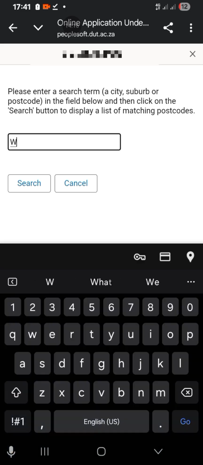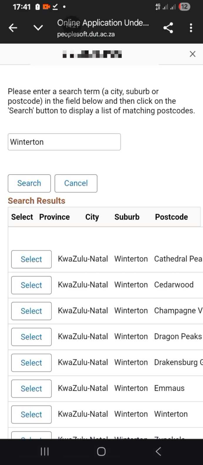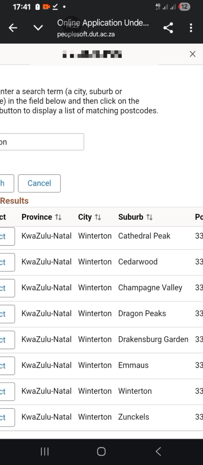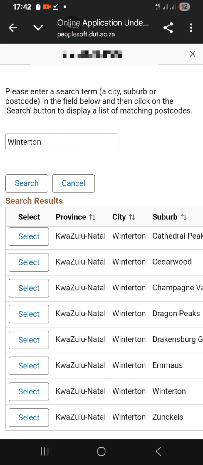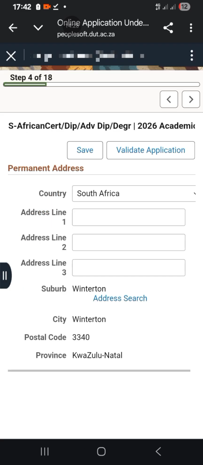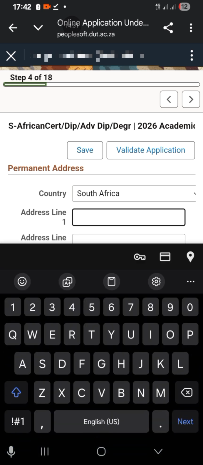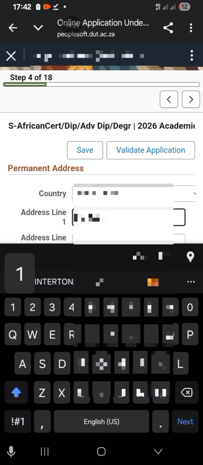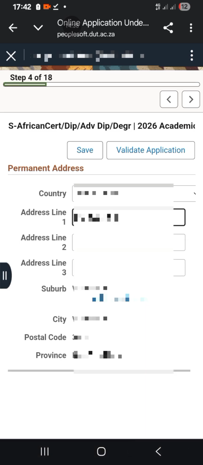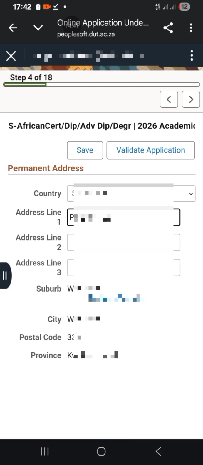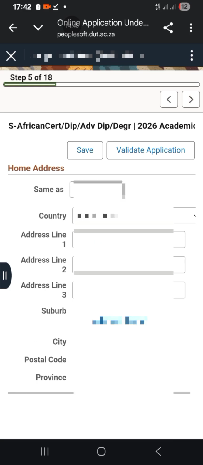Enter the place where you reside, and then you click search, and then you have to select lapha your address line 1. Right, once you are done, then you click again the arrow that is pointing on the right.